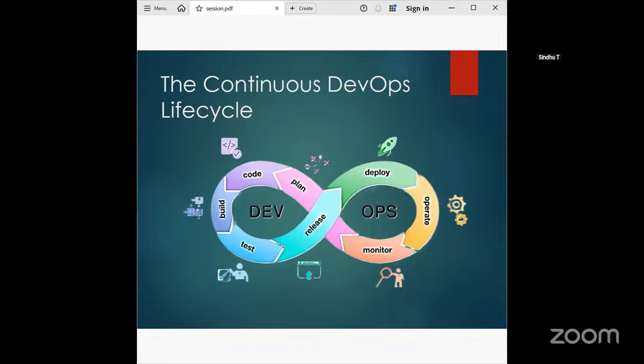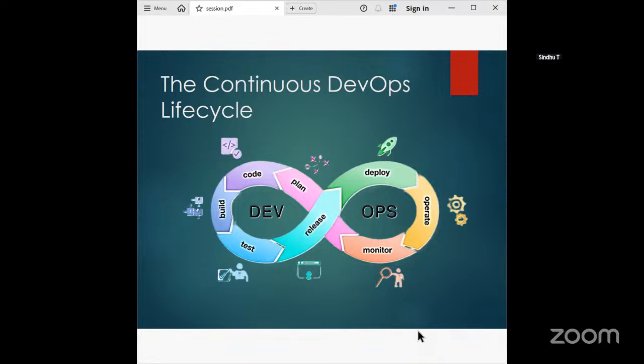When you complete the whole product, you plan for the product and code, you build, implement, test, and release it. After that, you deploy and operate, and based on the feedback you have to improve your product. So you get the requirements and plan accordingly. It is an iterative process. These are the basic, important phases of the DevOps life cycle.